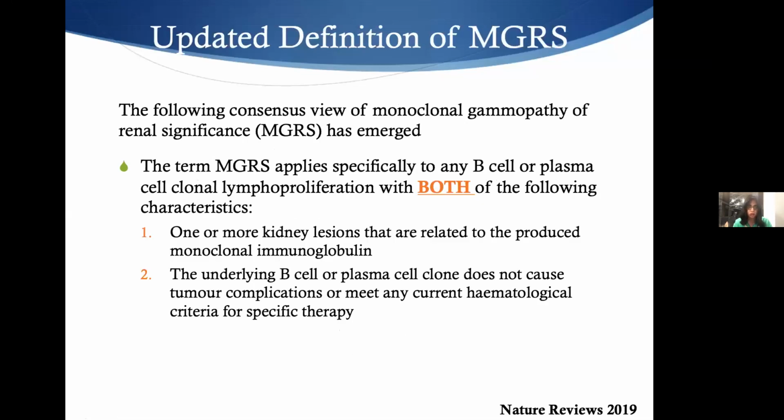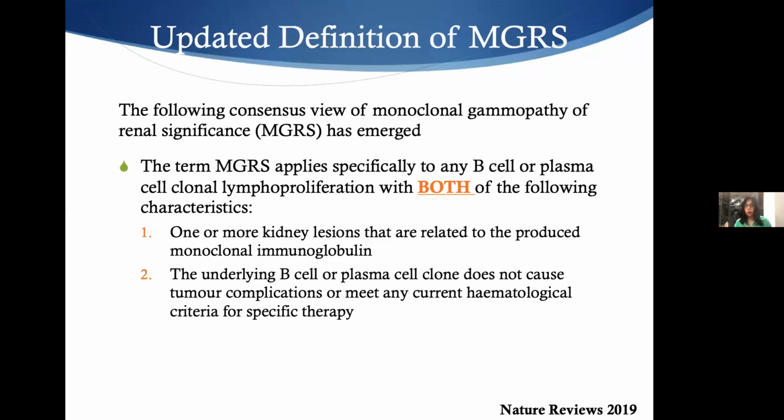In 2019, just 6 months ago, this paper was published with the updated definition of MGRS according to a consensus meeting. There is nothing changed. It's the same. This is what we mean by MGRS. It would apply specifically to any B cell or plasma cell clone with both of the following characteristics, because it's a monoclonal gammopathy of renal significance. So I need to have one or more, because as I said, they could be combined, kidney lesions that are related to the produced monoclonal immunoglobulin, and the underlying lymphoproliferative or hematological problem does not meet the criteria